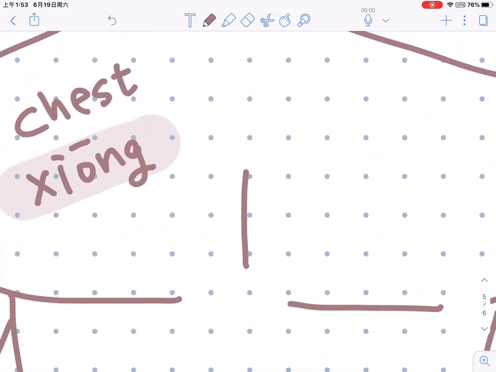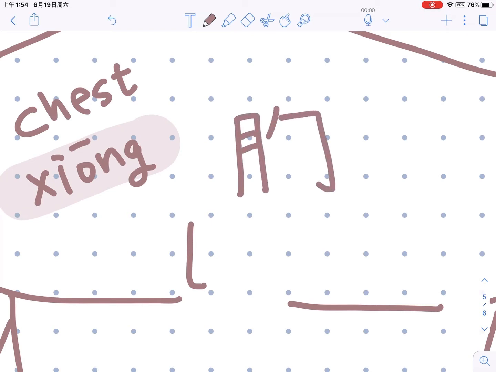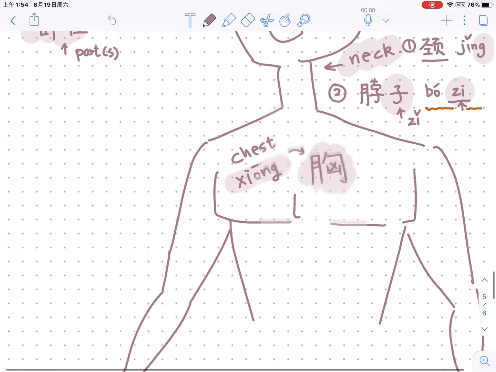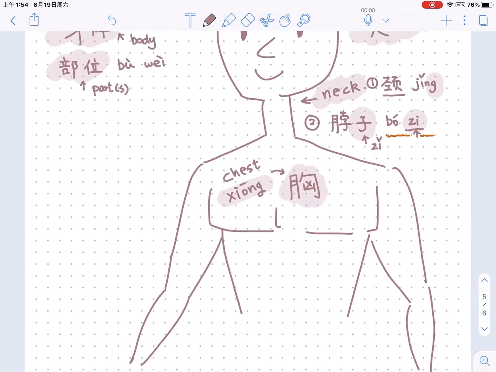You guys could look at it carefully because it might be a little bit difficult to write. It is like this. Yeah, it's like this. This is 胸, chest in Chinese. And then